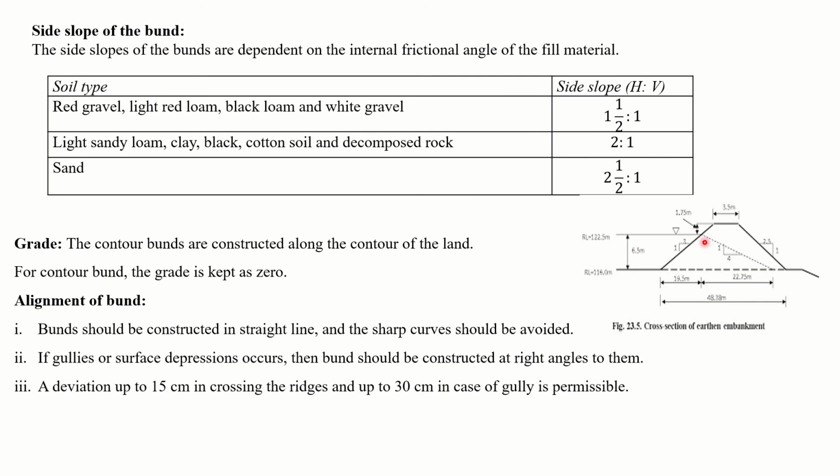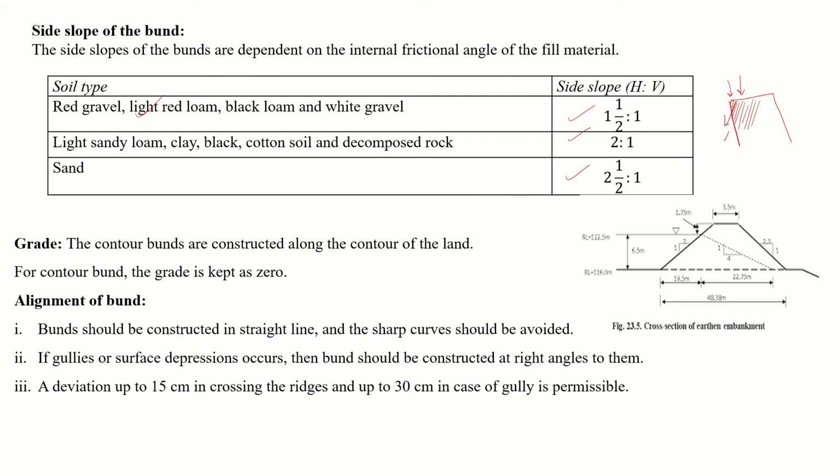Side slope of the bund also matters. These are called your simple side slope. Now suppose my bund is in this shape here. Can I form it in this type? Because soils are sandy soil, clay soil. In this condition, suppose rainfall may occur, so these bunds may collapse. So in this condition, the side slope may be provided to stabilize this bund. Different types of soils are given different types of side slope.